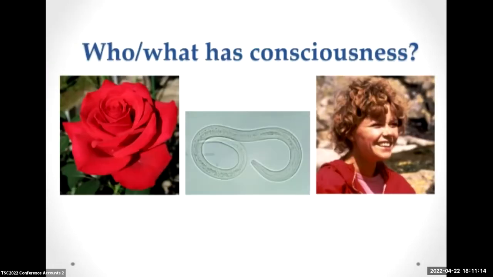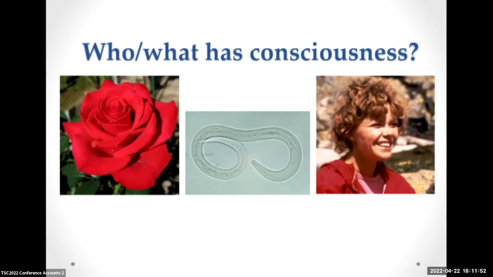Well, I know there are lots of different opinions as to what evolution is about at this conference. And so some people might think that plants like this rose have consciousness, and I would say, I'm sorry, I do not think so. In order to have experiences, you need a nervous system. So how about the nematode then, this tiny little worm? Can it have consciousness? And again, I say, sorry, but you need a large and advanced nervous system, and the nematodes only have a few hundred neurons in their ganglions.